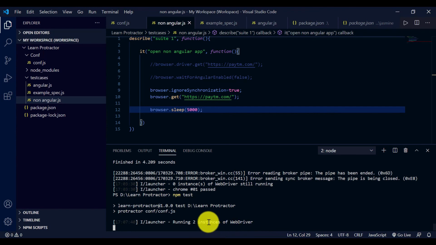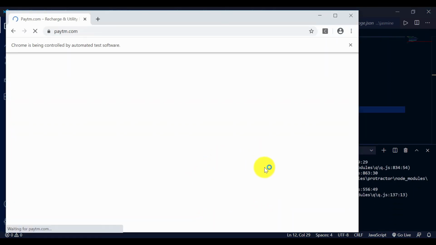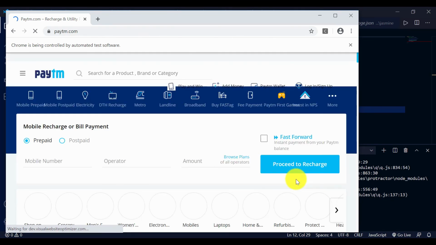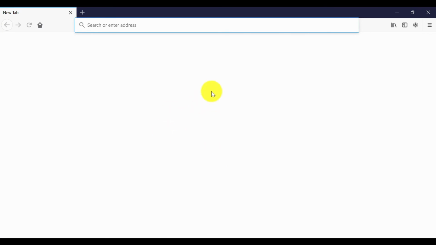It is showing running two instances. One is Chrome, and Firefox a little bit late, but it has opened. So our single test case gets executed in Chrome and Firefox simultaneously.